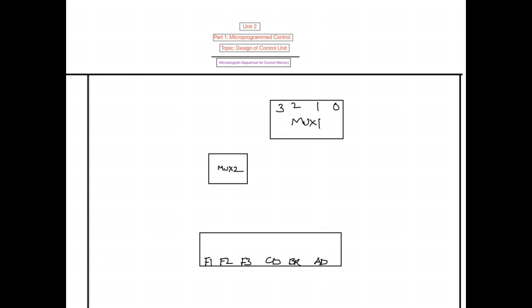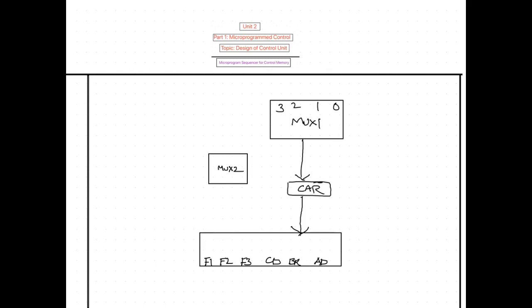The output of the mux is routed to the CAR register, and the output from CAR provides the address to the control memory.